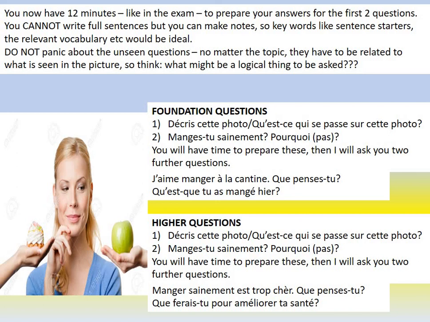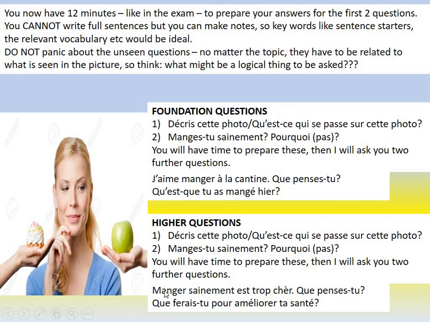Now here you should be able to see the difference, well, the difference and the similarities between the two. So the first unseen question would be this one, and this one. It's always a statement. A controversial statement. Not necessarily controversial to like eating in the canteen, but it's meant to be a statement and then you've got to give your opinion. So my statement here at Foundation, it's quite an easy bit of French, isn't it? J'aime manger à la cantine. I like to eat in the canteen. What's your opinion?